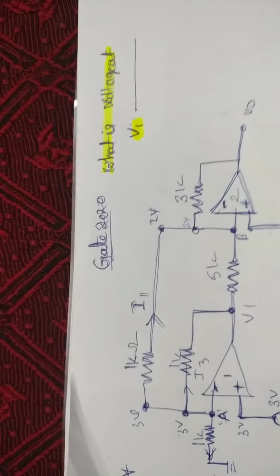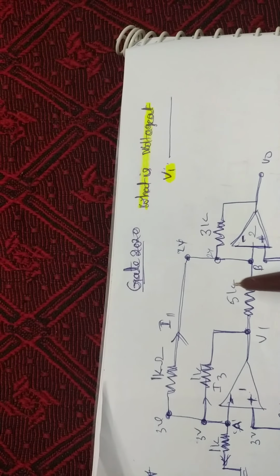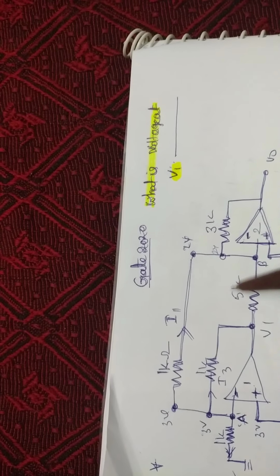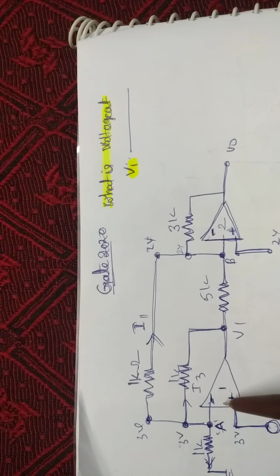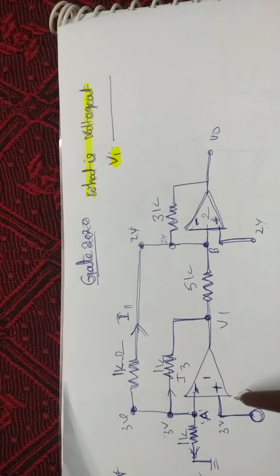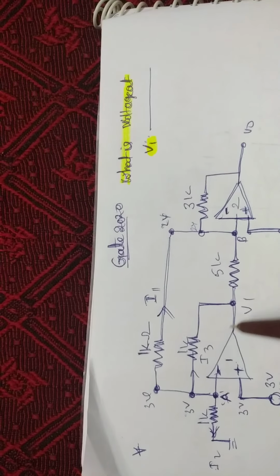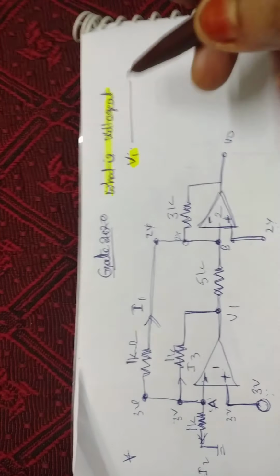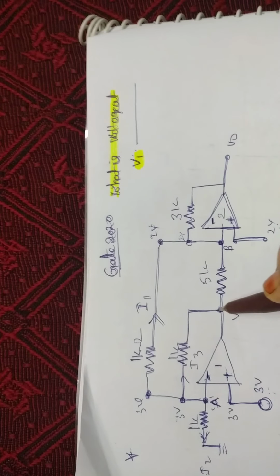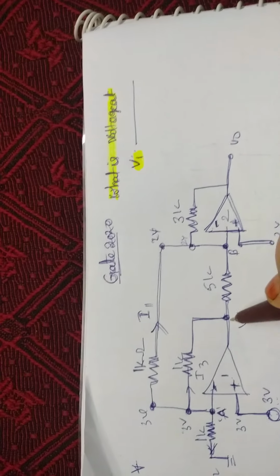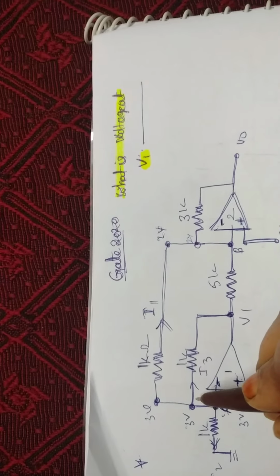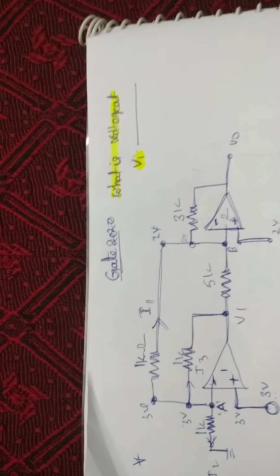One more thing is the currents entering the circuit. This is the feedback loop. Because the input resistance of the operational amplifier is infinity, no current enters the operational amplifier. From the given problem, you have to find the voltage at this node. So what is the amount of current flowing in this loop? We have to calculate it.